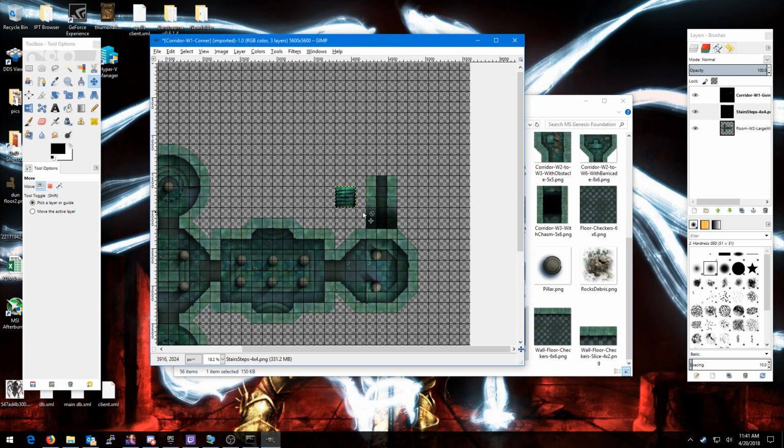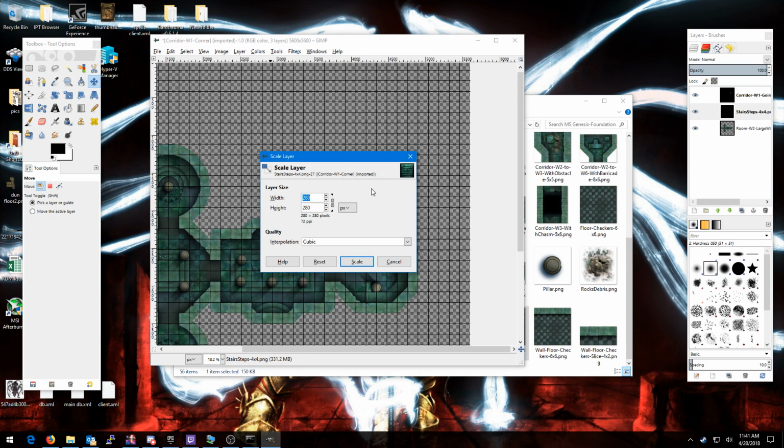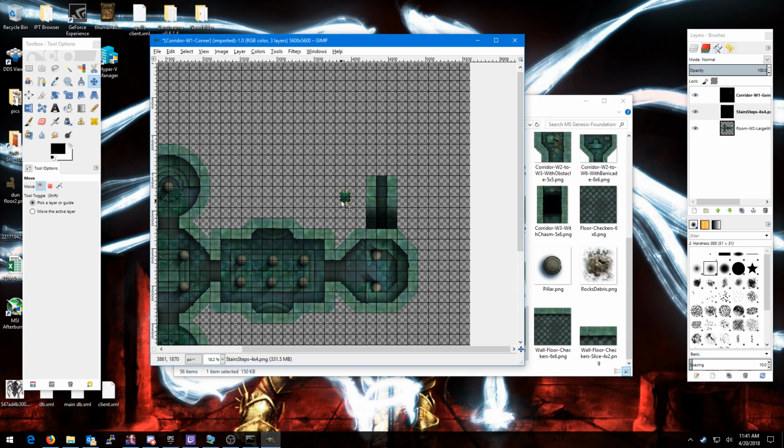But we just want to shrink this without shrinking everything else. So we'll go into our layer settings here and scale the layer. Right now you can see it's 280. As we mentioned earlier, each one of these is 140 per square, and 280 is of course double, which gives us the 4 blocks that we have. So what we're going to want to do is go ahead and change this to 140, scale that, and now it's one little block. And of course we want our stairs going in the correct direction, so